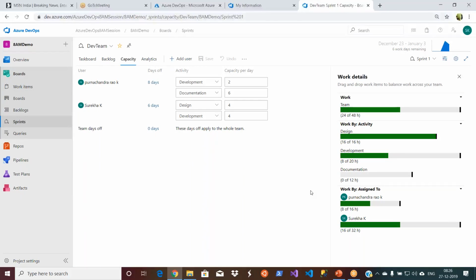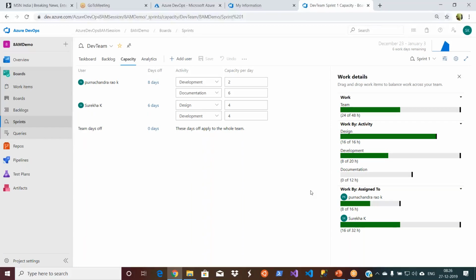You have to go to Excel and do all the formulas to find out how many hours are available for the users and how much effort is required for the requirements. This is hell because it takes a lot of time. People don't do it. That's where you will end up exceeding your deadlines. It's not even the project manager's mistake. If it is 2 or 3 people, he can do it. But if it is 10 or 20 people, obviously leniency will come, or he will not get time, and the schedule will get extended, right?